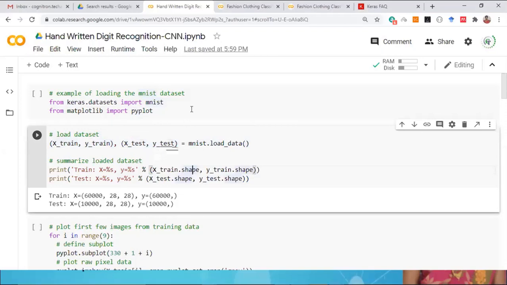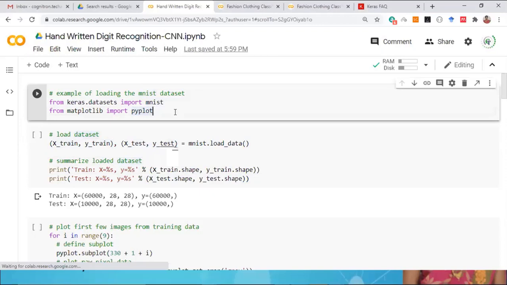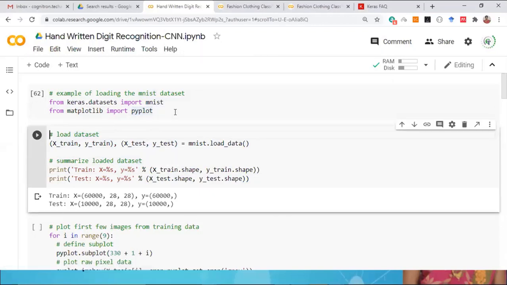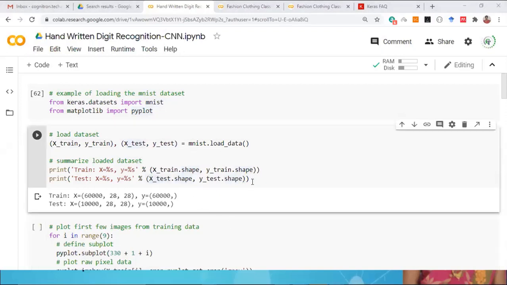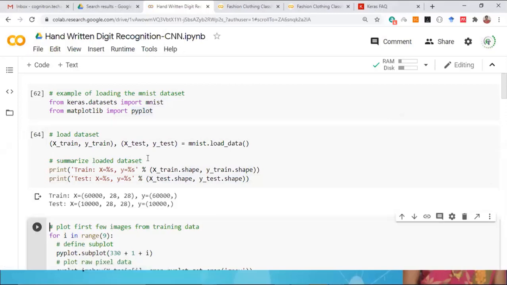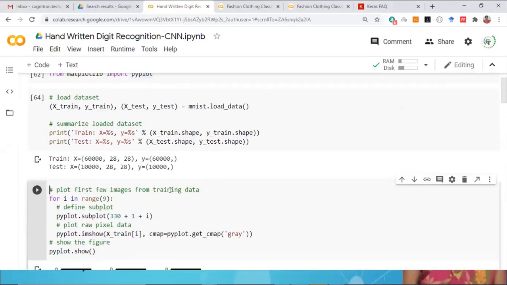Once the data is loaded, you can display the dimensionality of the data. We very well know that there are 60,000 samples in the train data set and 10,000 samples in the test data set. Each example is of size 28 by 28 dimension, and it's a gray color image. That's why it's 2-dimensional, not 3-dimensional. We take gray color images because the processing will be simple, and that is why we prefer this kind of sample data sets.